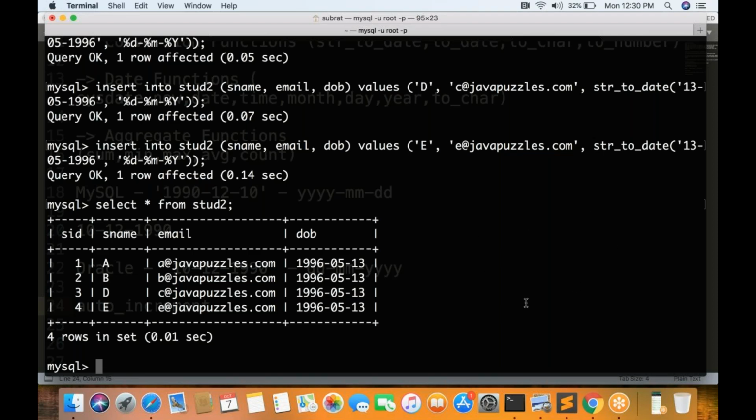Okay, now my requirement is I don't want to start the SID value from 1. I want to start the value from 101. How to do that? Let me just drop this table, drop table student2,